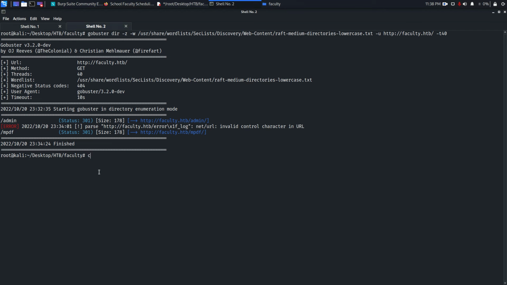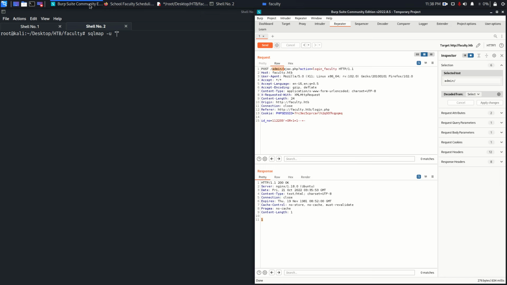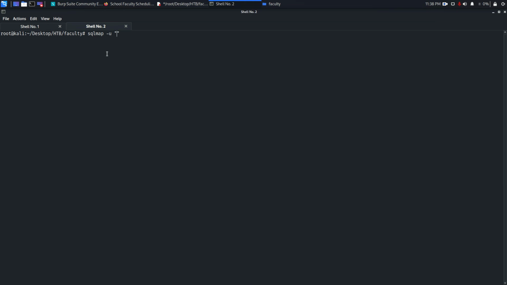one more thing we can do, because we know that SQL injection vulnerability is there. So let's try to see with the SQL map. So I'm going to copy this URL, put that here, space hyphen data is equal to ID underscore number. This is actually the parameter, and any value you can put here, space hyphen p, which parameter you want to test. So we want to test ID underscore number parameter, space hyphen dbms. So the backend database seems like MySQL, and let's try to see the database name, and hyphen batch